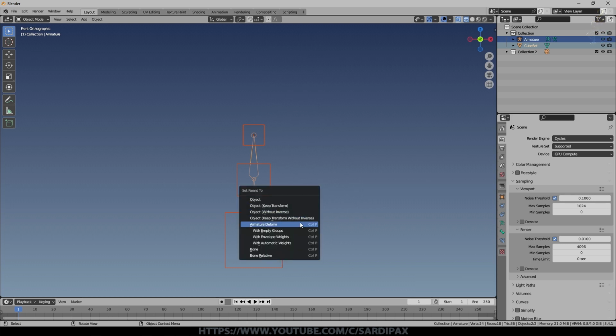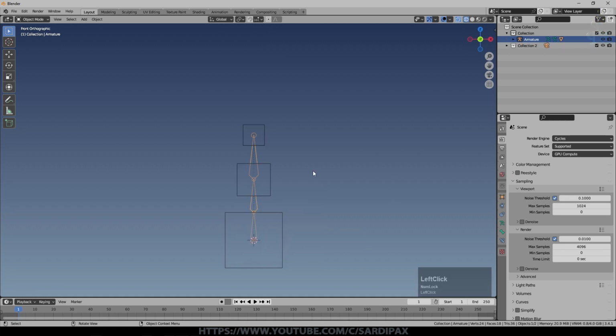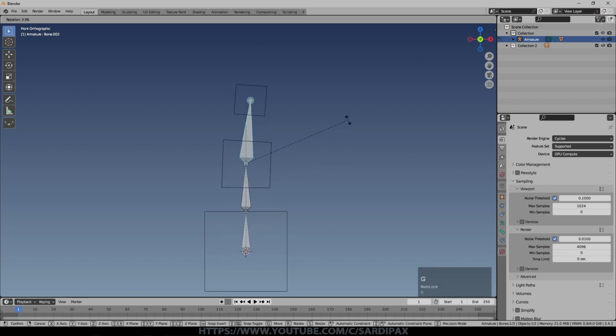And you can see one of the options we get relates to the armature. And I'm going to say armature with automatic weights. So armatures work differently. This isn't an armature tutorial, so I'm really just showing the very basics of how we would animate things with an armature. But we come up here with the armature selected and we've got a pose option. So I can now select that armature and you see we've got a light blue line around it now. And if I press G, it will actually start to rotate. And without worrying too much about what's happening to the shape below it at the moment, you can see that's